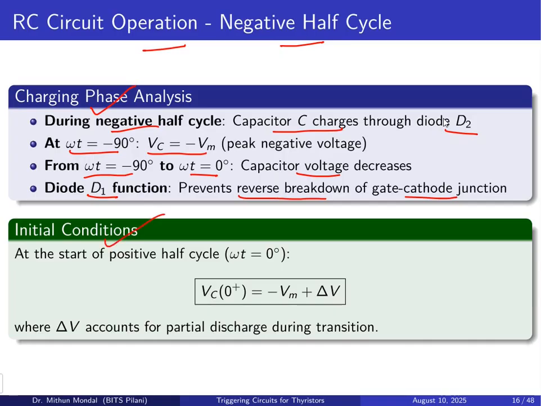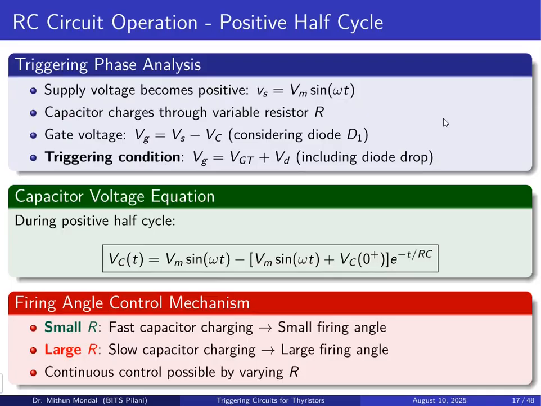Initial condition at the start of this half cycle, where omega t equals 0 degree, the capacitor voltage at the 0th condition will be equal to minus Vm plus delta V. Delta V is needed to account for partial discharge during the transition process. So, the RC circuit operation in the positive half cycle, which is the triggering phase analysis, if we do, then